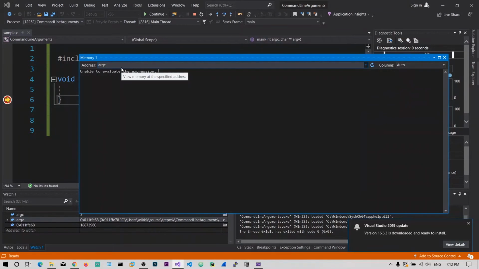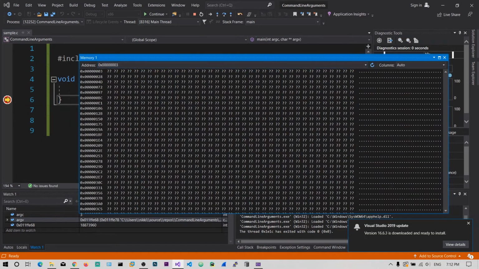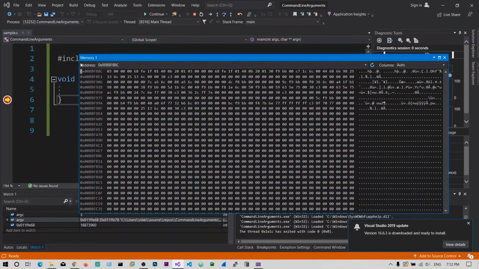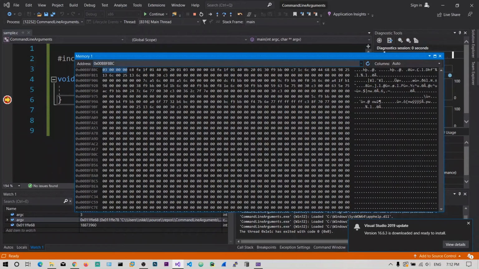It shows the 3 in hexadecimal. There you go, 03 00 00 00. This is written in a format which you can convert and you get 3 as the result.